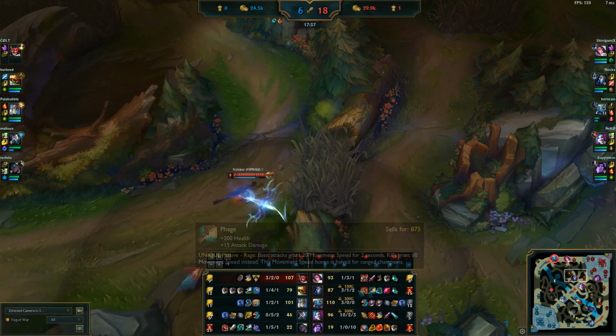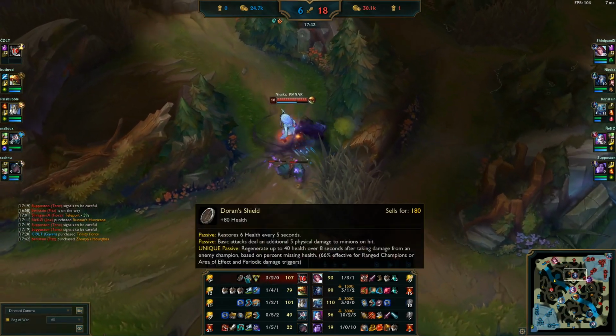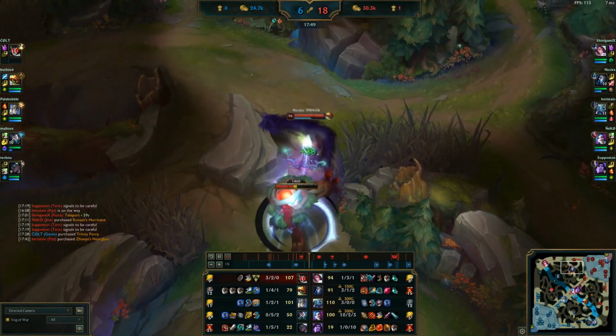You're going for Black Cleaver. That's also very good for the armor shred. He's building full tank. He is probably gonna build some armor because you're very AD heavy and almost all your AD, except for yours, is fed. So